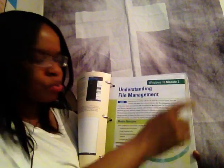This is Office. So what we did, I'm just going to turn to a page. This is going to show you guys why I got frustrated, because it was complicated. We were doing this book, and we had to get on the computer. We have to do all different modules, and this is module 2, Windows 10. So you turn here, and right here it would tell you to get on the computer, and then